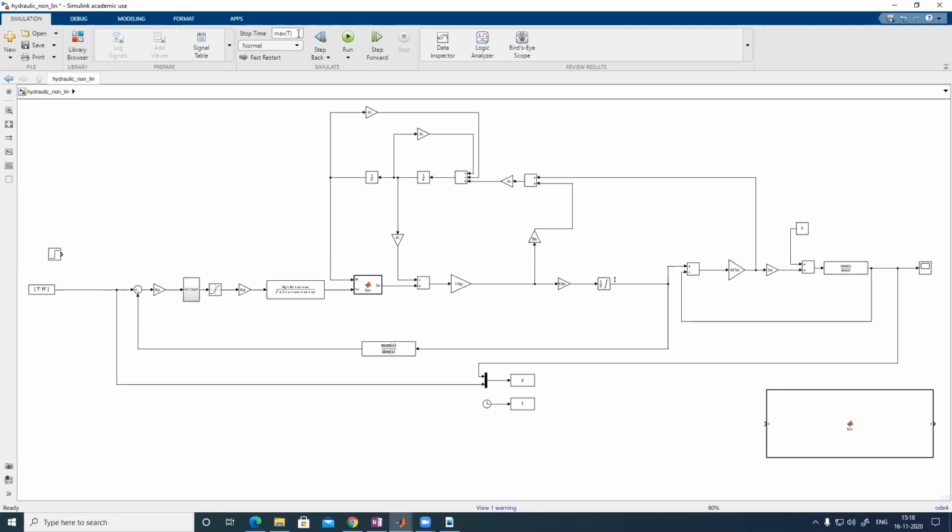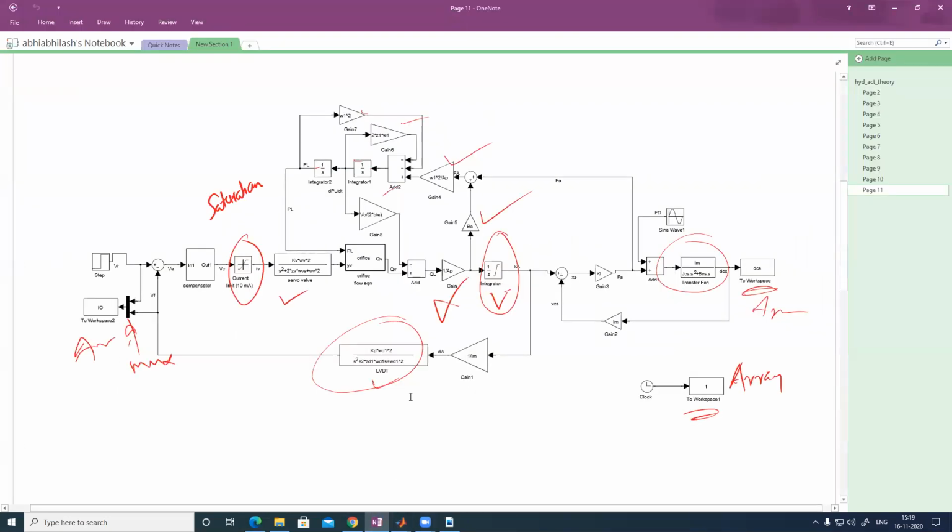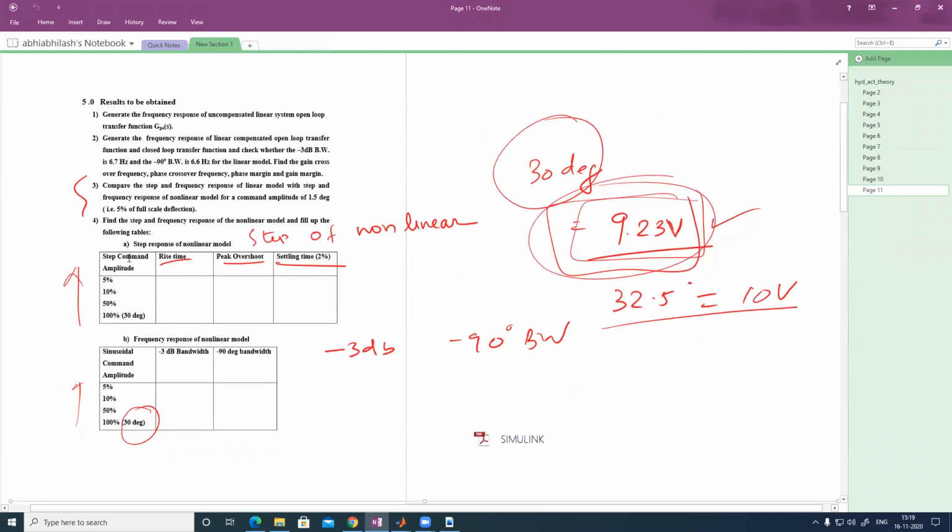The max of t is the stop time. For step response you can take some 10 or 20 seconds and measure the rise time, settling time. These parameters for